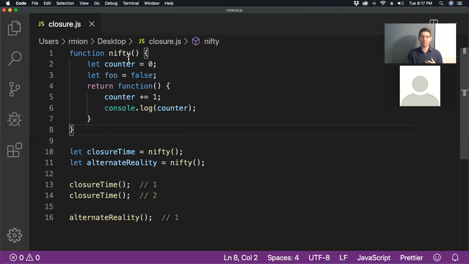It's its ability to remember this environment, the environment of Nifty, even though when we actually call this function, it's removed completely from this function's environment. So it's a function's ability to remember certain variables from when it was declared,